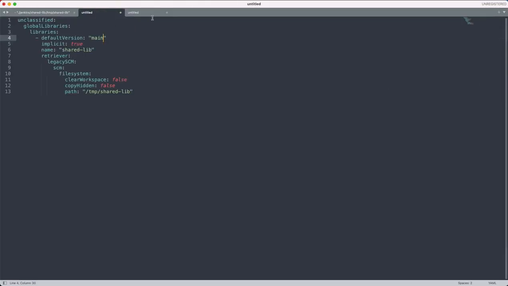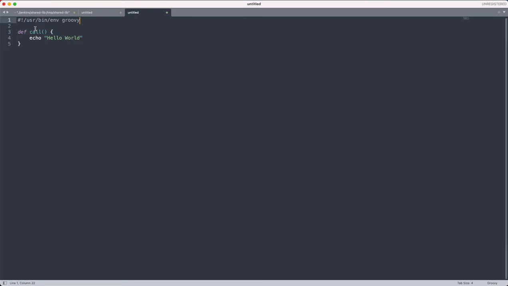For now I will just do this. So this is how we have to call a shared library inside a Git repository. This one we can simply use something like this also, groovy, and this is how Jenkins will understand.